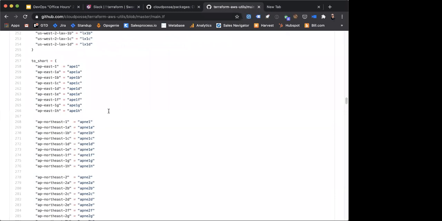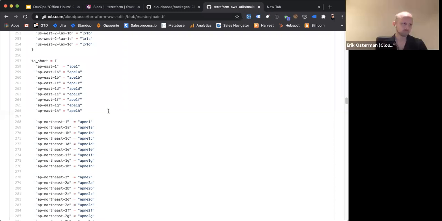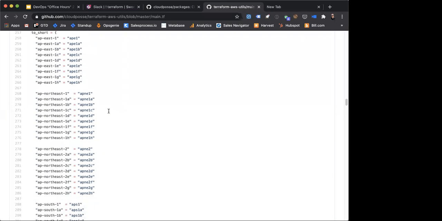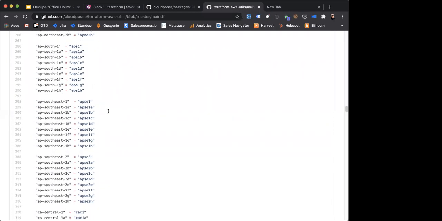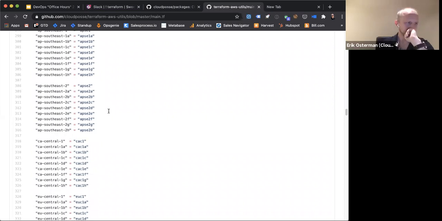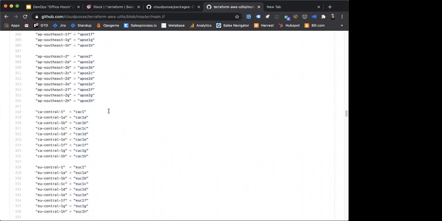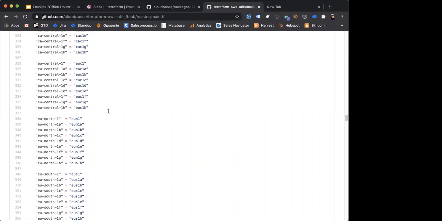So we generally use, or recommend using, too short unless you have some other reason that you need a fixed length. Some of our customers are using 3-character abbreviations for everything, and so it fits the pattern to have a 3-character abbreviation for regions. That's why we have the fixed length version. But in general, we'd recommend using too short because it is free of these kinds of weird anomalies.